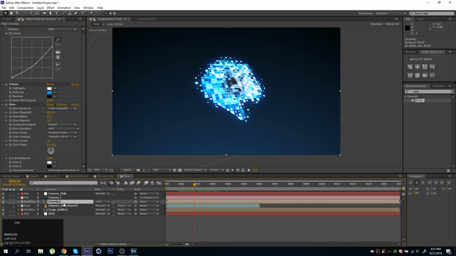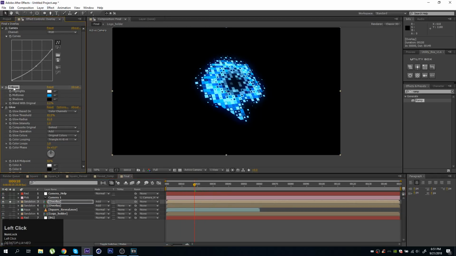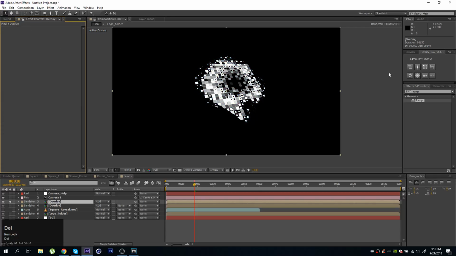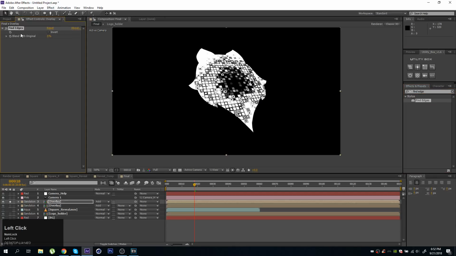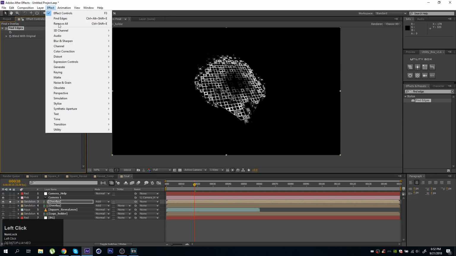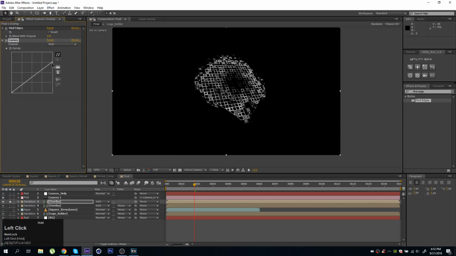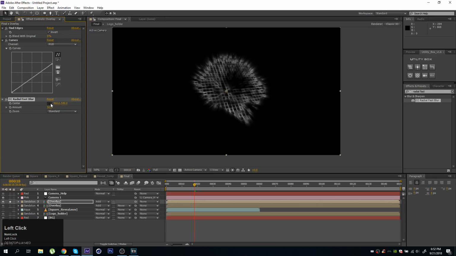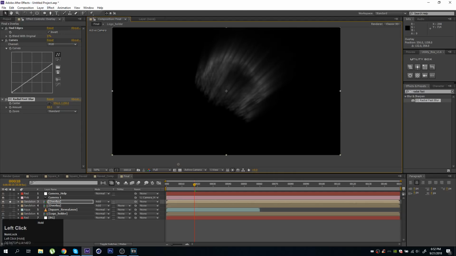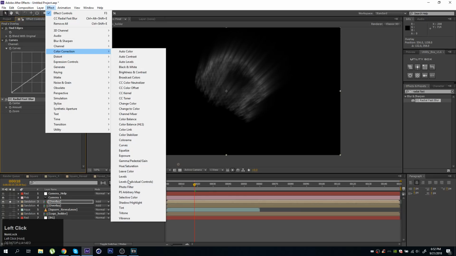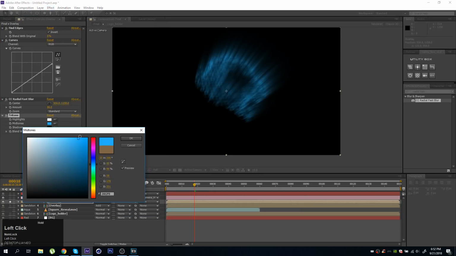Let's duplicate this overlay effect and solo this, and I'll go ahead and remove all of these effects here, and I want to add an effect called find edges, and this find edges I'll set to invert. Let's add another curves now and drop the curves maybe a bit, and let's add effect radial fast blur, and let's change the center and give this a nice angle and maybe increase the amount. We can now add a tritone and also give this a nice blue color,